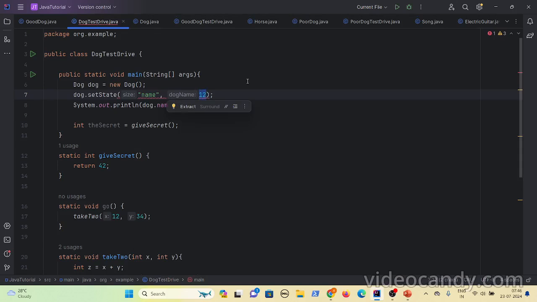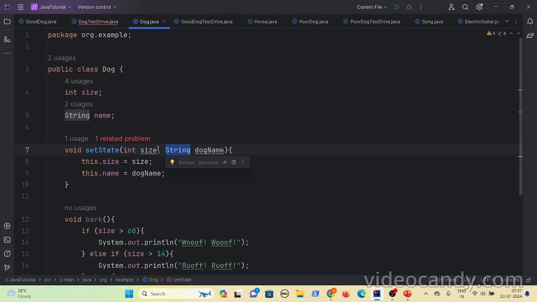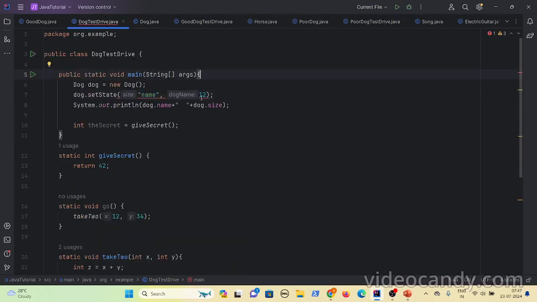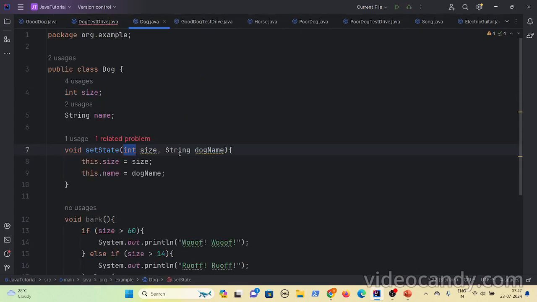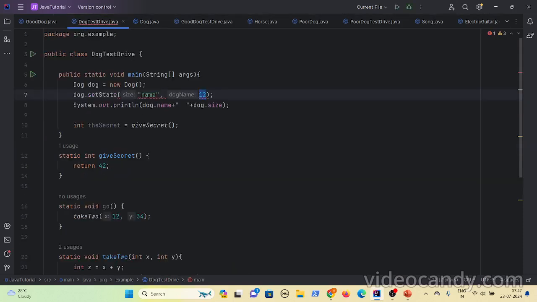So whatever values you pass, it goes and checks the type. First, since you have given the value in double quotes, it interprets that it is a string. It goes and checks the type of the first parameter. It is integer, so it will throw an error. Then it checks the second parameter, where you are passing an integer, but the parameter is a string. An integer can't be converted into a string, so it will throw an error. The same thing you can see here.